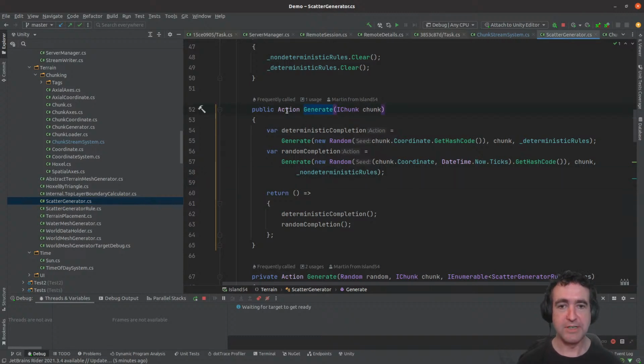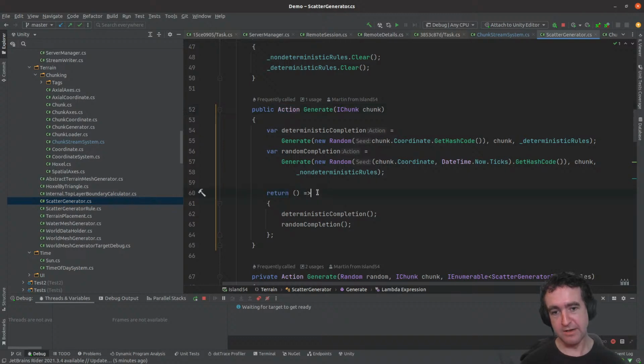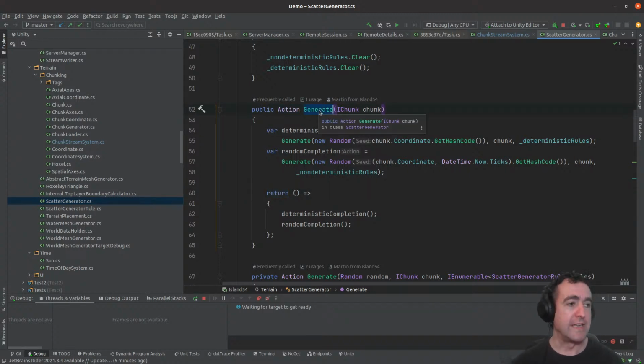So this generate returns an action. I am not sure how this is working. Ah, yes, I remember. I have two phases to a lot of my generation code on the client. And the reason for it is things can take a while to run, especially when I was doing terrain generation